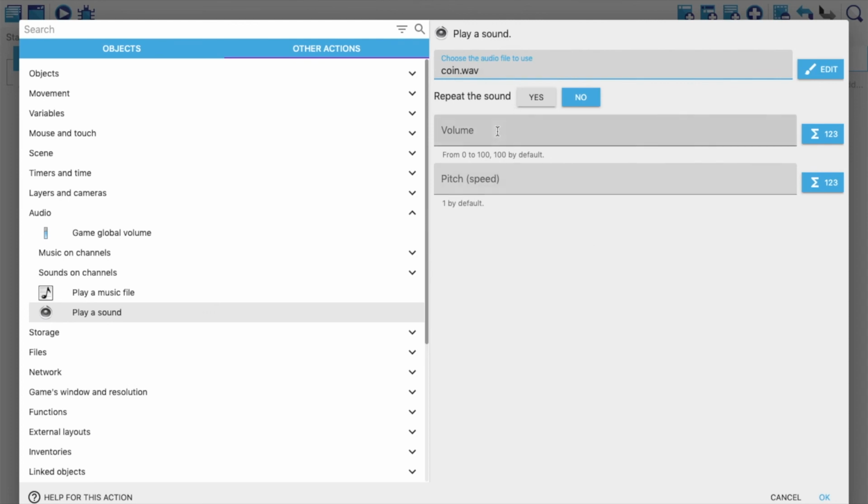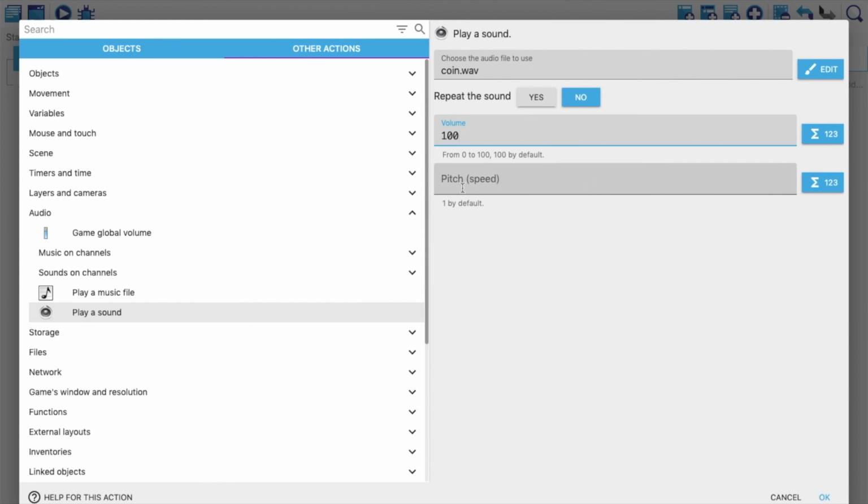It's ready. Now here it will ask you, do you want to repeat the sound, like put it in loop constantly, or you want it only once? So since in our case, when the coin is collected, we want the sound to play only once every time that coin is collected, I will not loop it. I will keep this no on. About the volume, we can use a numerical value to decide the volume here. So I'm going to simply say 100, because 100% will give me the maximum volume as a programmer. Then later on, players can reduce or increase the volume based on their requirement using the keyboard or the system settings.